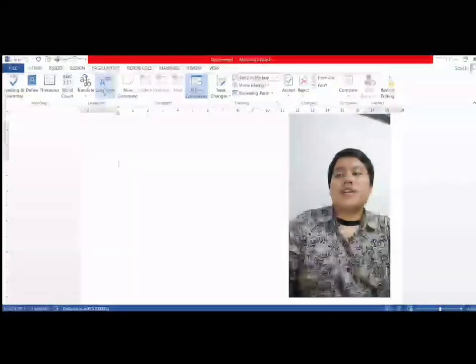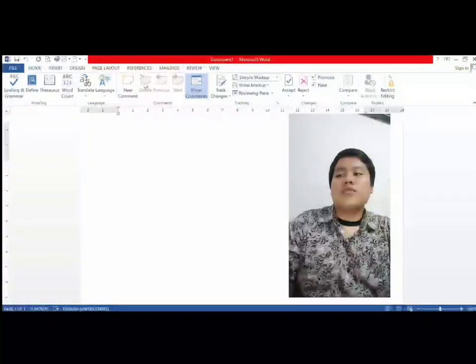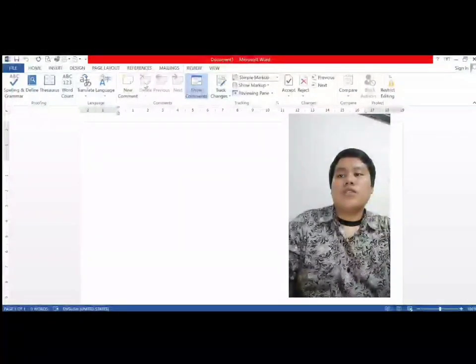Next icon, next footnote, is a function to jump to the next footnote. The show notes icon is a function to jump to the footnotes or endnotes in your document.